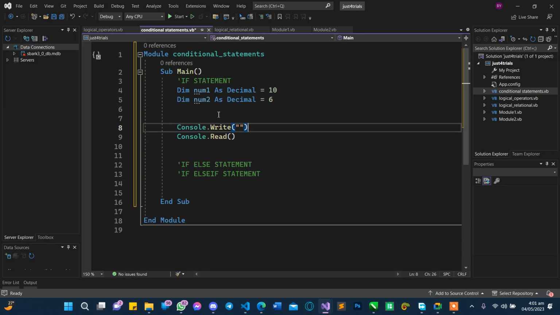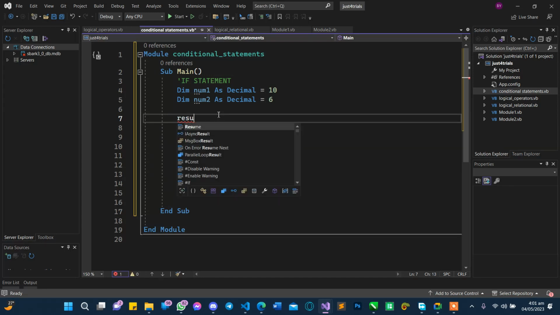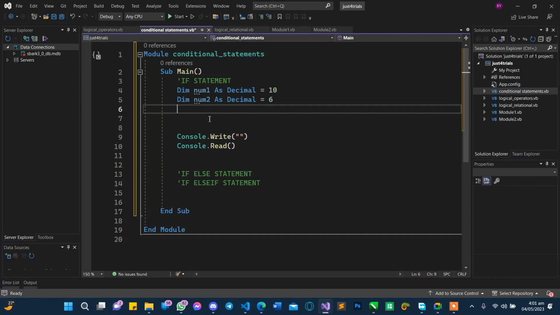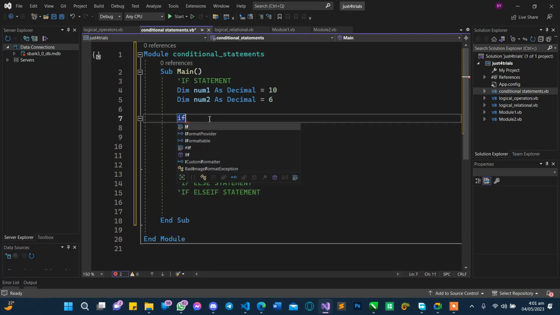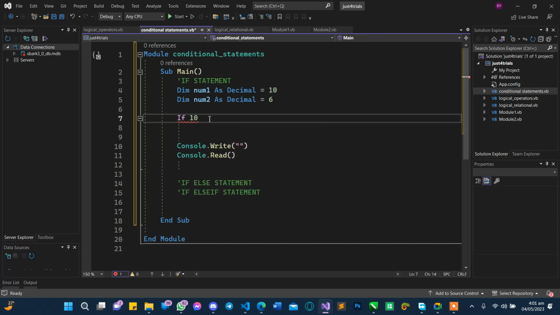So we are going to do if. Let's actually do some results or something. Yeah, let's use results. No, we are going to compare these two, so let's not use results this time around. Let's bring our if statement. So if, then we write our condition. We can say that if 10 is greater than or equal to 6, then